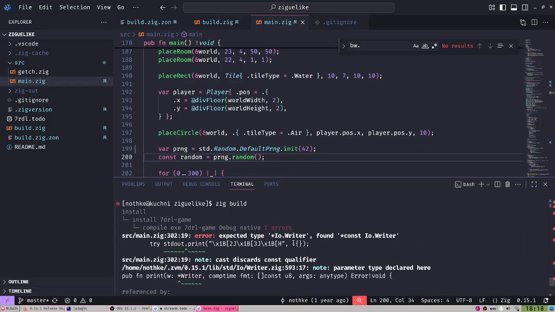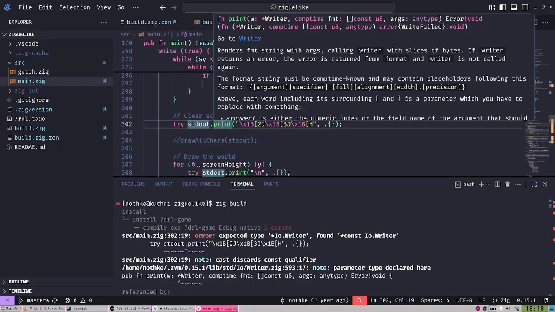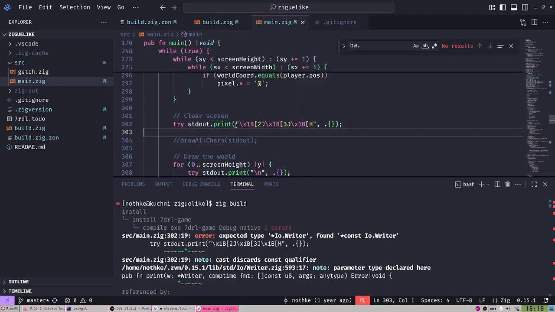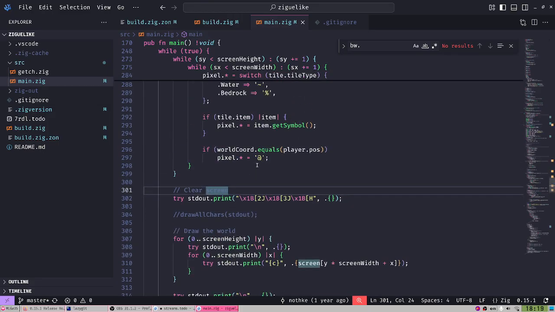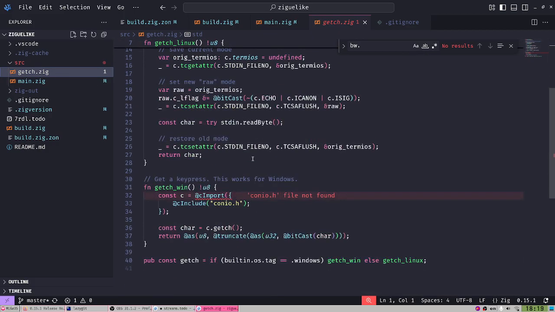Okay, we still have some errors. Expected type IO writer, found const IO writer. I'm still trying to print something. Let's see what's going on here. And why doesn't ZLS work? Like, why doesn't it actually tell me here what the problem is? I'm not sure. Maybe because getch fails as well. Oh, look at that. We have C imports. conio not found.